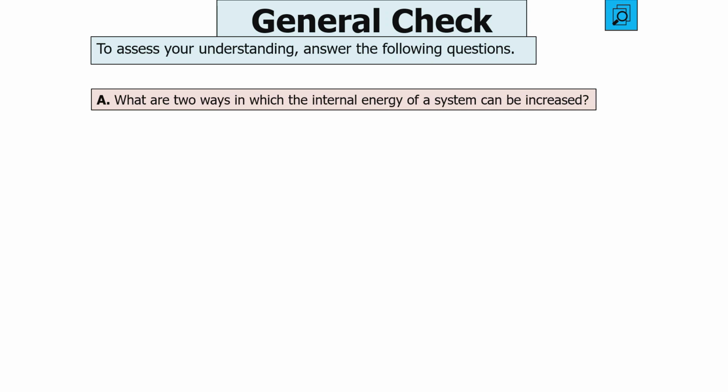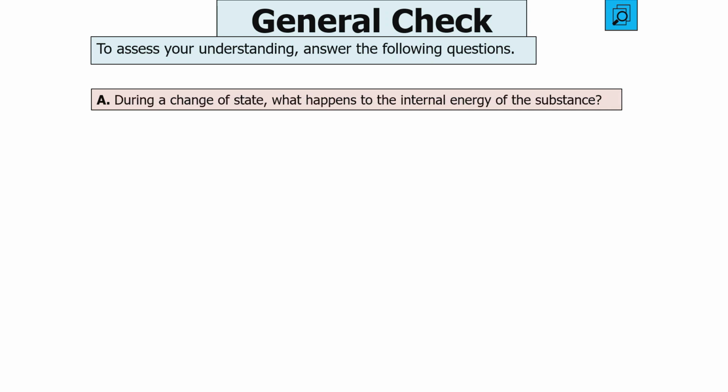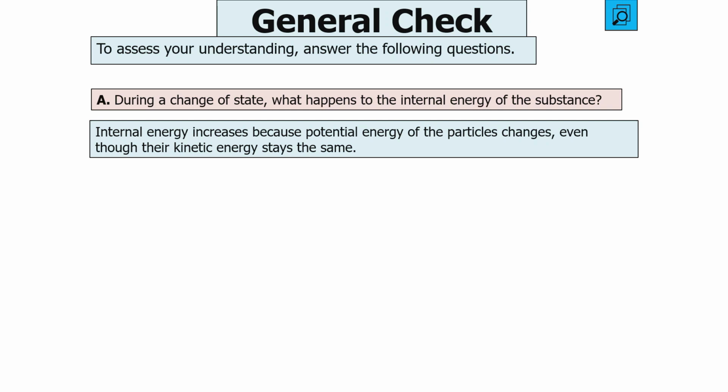So what are the two ways in which the internal energy of a system can be increased? Internal energy can be increased by heating the system or by doing work onto the system, such as compression. During a change of state, what happens to the internal energy of the substance? Well, internal energy will increase because the potential energy of the particles changes, even though their kinetic energy stays the